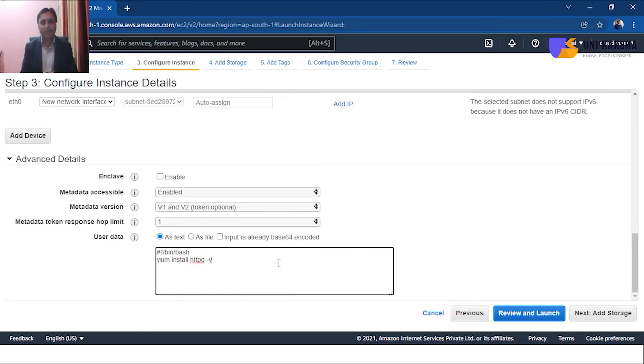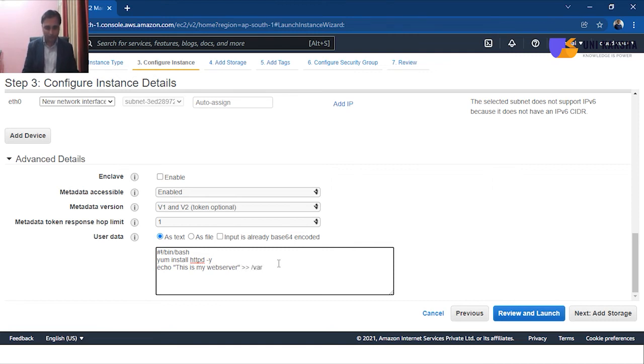Please don't make any typo, otherwise this script will not be executed, right? Then we have to create an index file. You can put any data, like "This is my web server". Output should be redirected